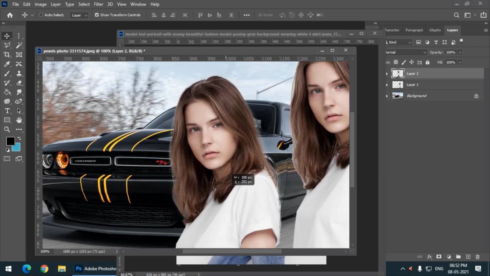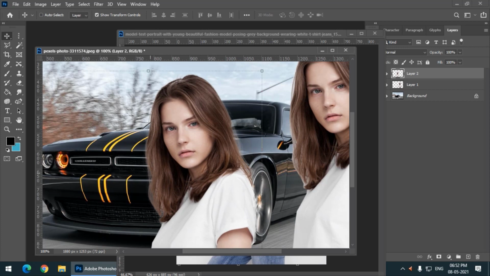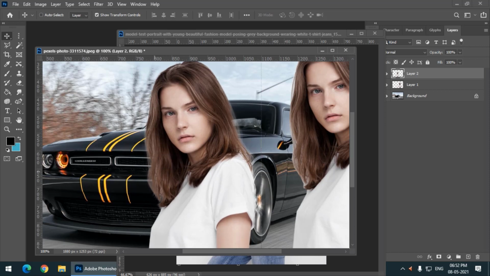But if you look at this image, by using the Select and Mask option, we have removed those white areas, so this is looking much better.